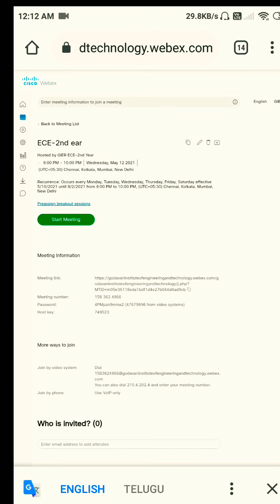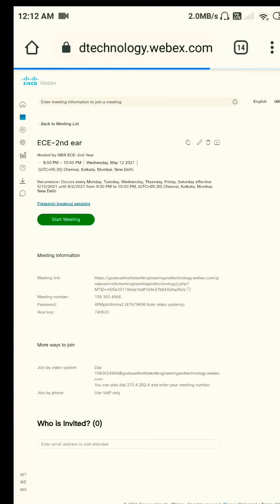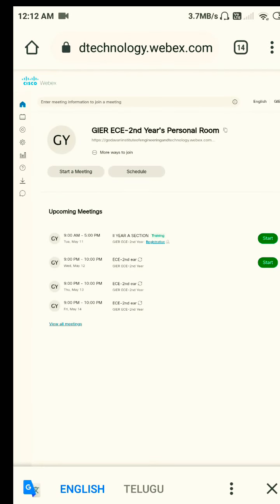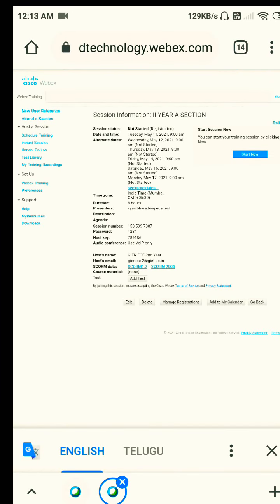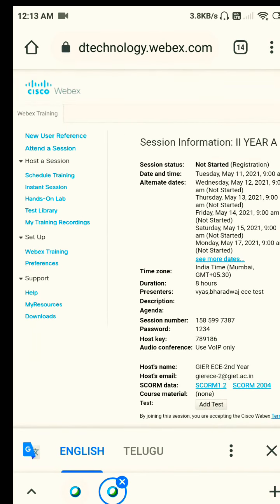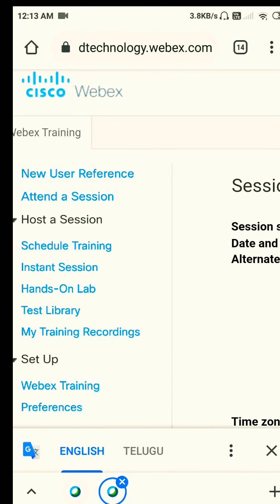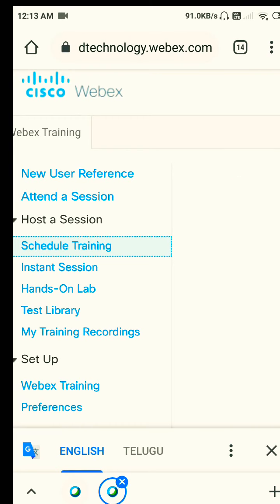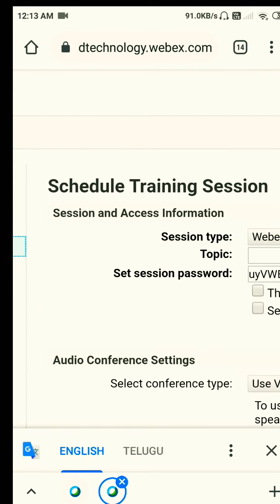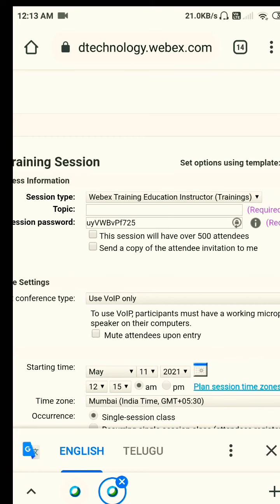For scheduling a meeting, click on any of the meetings. Now you'll get an environment like this where you have to schedule training. This is a training module, so you need to schedule the training, and the rest of the thing is the same.